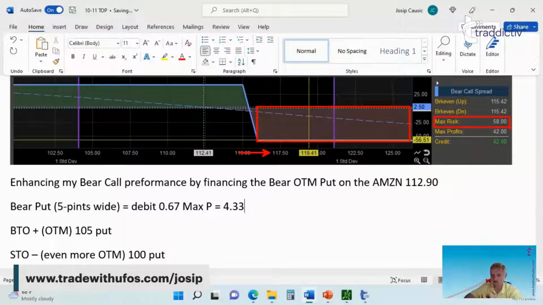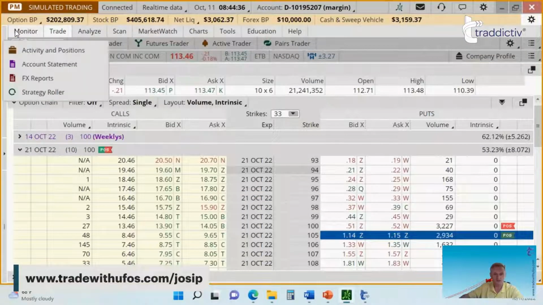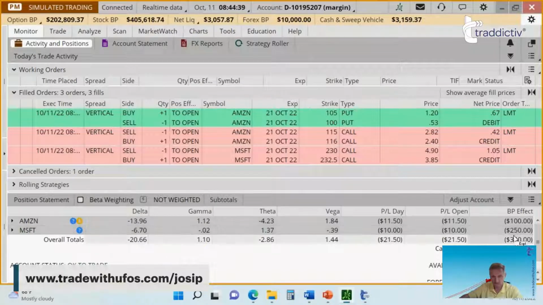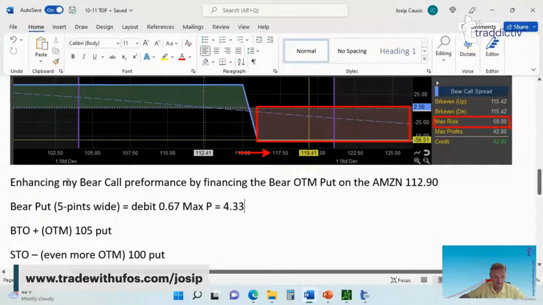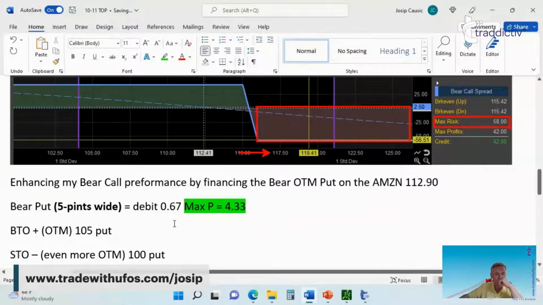However, be aware of it. It's not free. Why do I say that it's not free? Because it ate up $500 of the margin. You see that? Margin has been eaten up on Amazon. The buying power effect is $500 because the difference between this and this is exactly what I wrote here. Let's make this bold, $500. Never mind that I paid 67, right? Be aware of it. The 67 can make me a profit, and let's make this a nice green. But I don't like paying the 67.